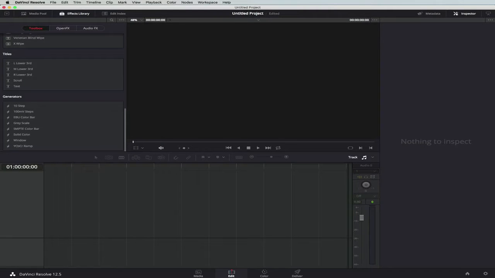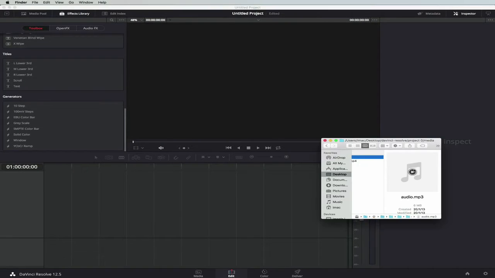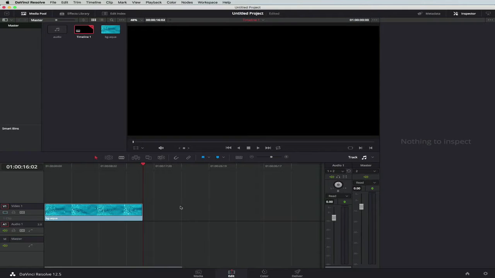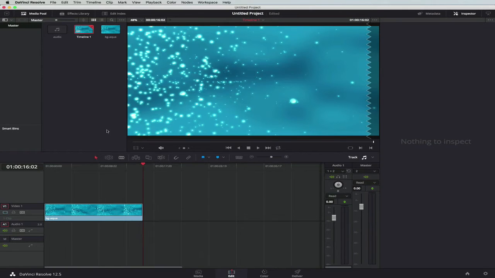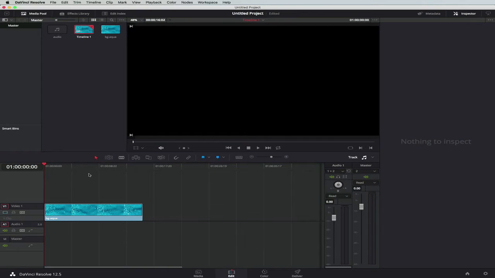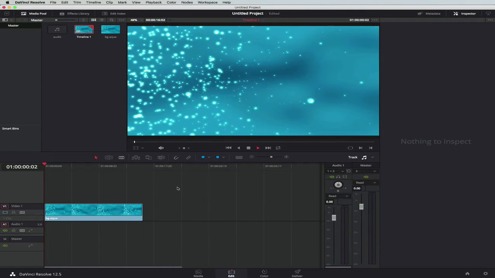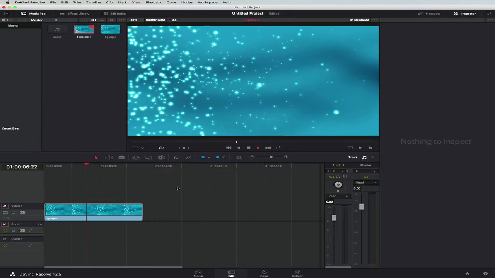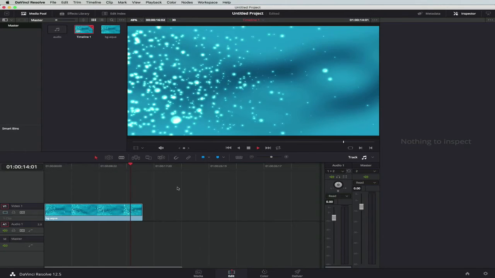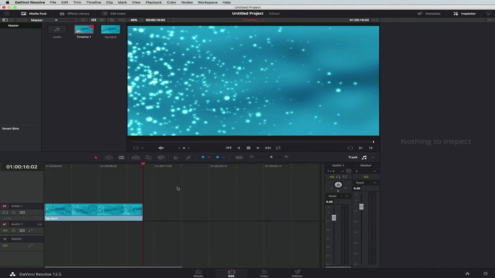Okay, so with our media, we might also grab the background and you can drag this straight on to the timeline, and you'll see that appears there. So we can drop media in from the media pool, or we can drop it straight onto the timeline, which is really handy. So then we just move the play head back to the top and just play it through. It's maybe a little slower as I'm recording the screen, however, this is a loopable background which looks really nice,